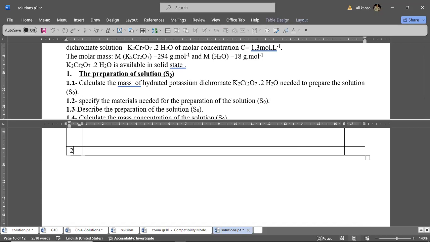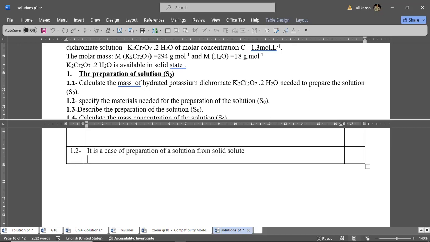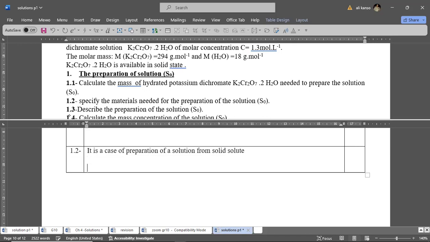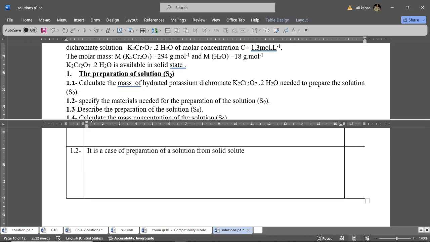You remember this case of preparation is a case of preparation of a solution from solid solute. First of all, we need the materials required. The materials required are the